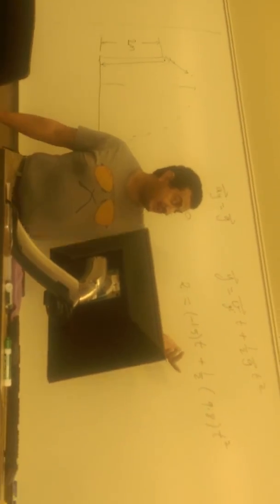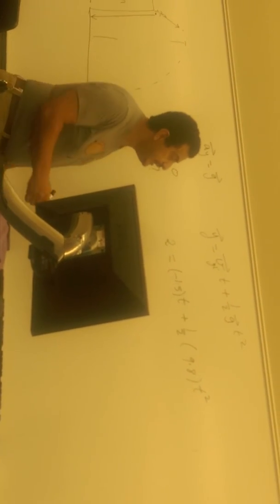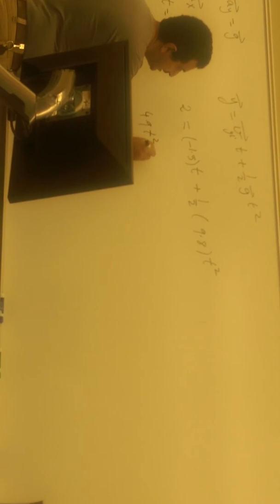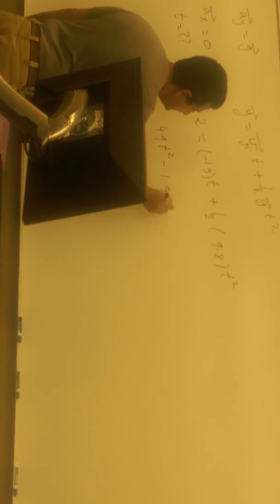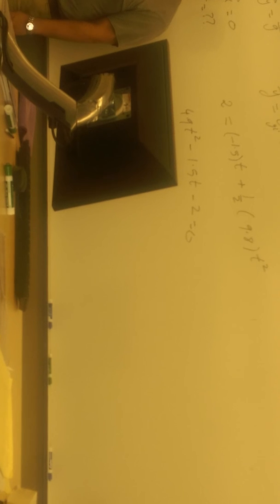Now I have a quadratic equation with t, which reads as 4.9 t squared minus 1.5 t minus 2 equals 0. A is 4.9, B is negative 1.5, and C is negative 2. You would solve this and get